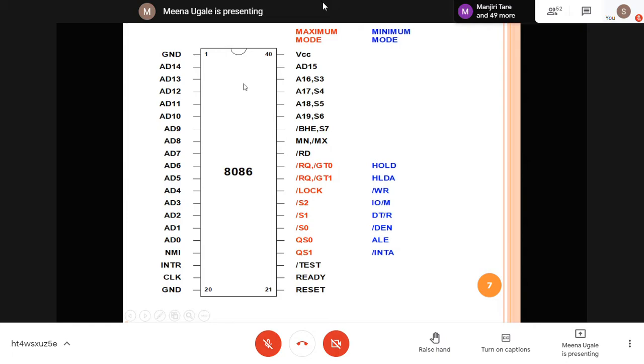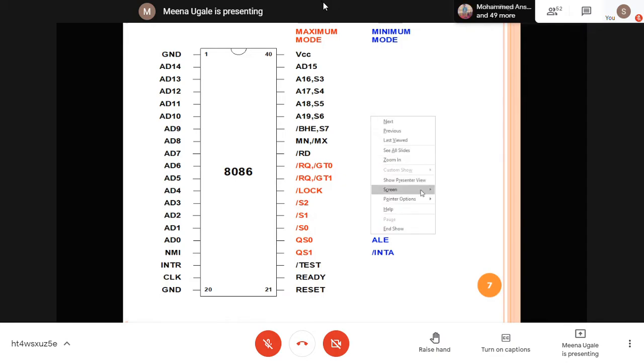This is your 40 pin IC. Any microprocessor works with a VCC supply. It needs some kind of power supply, so you are given VCC here. You are given pin number 1 as ground. Then it needs some kind of clock generator, because it works with clock signals only.